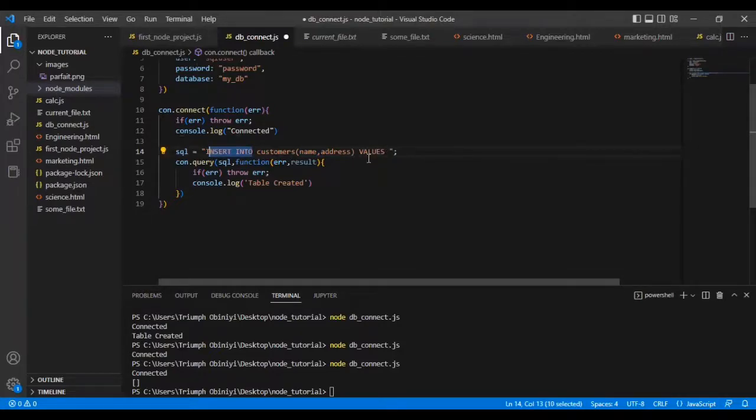Take note, all these words you see in capital letters are keywords. That means these ones must be written, whereas this is simply the name of your table, whatever name, and these are the names of your columns. So we say VALUES, we create another parenthesis, and this time inside quotation marks we begin to put the data. So for the name, let's say we want to put a name called John Henry,